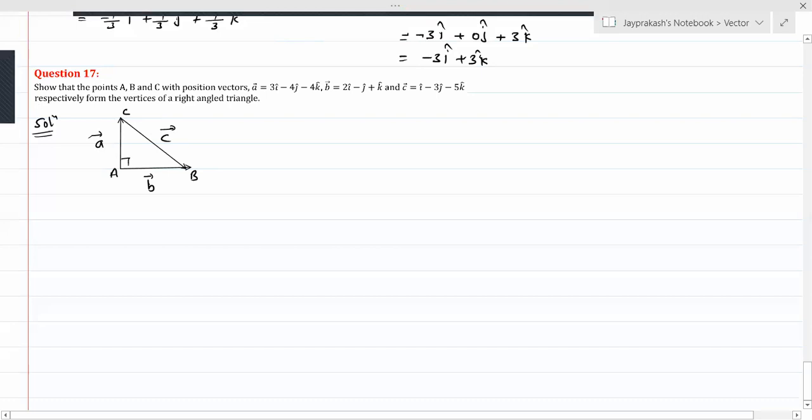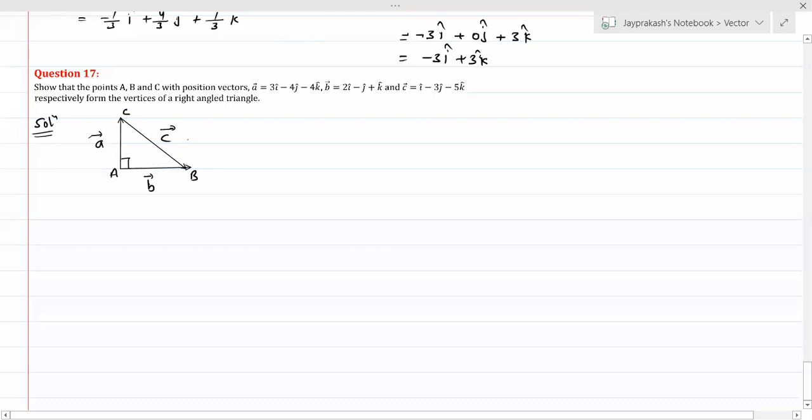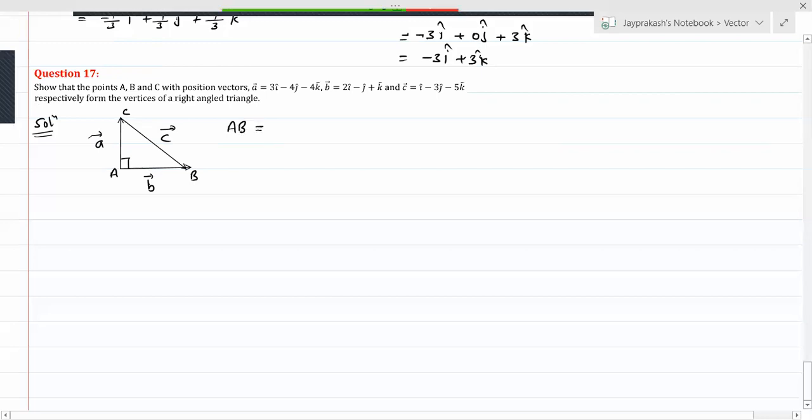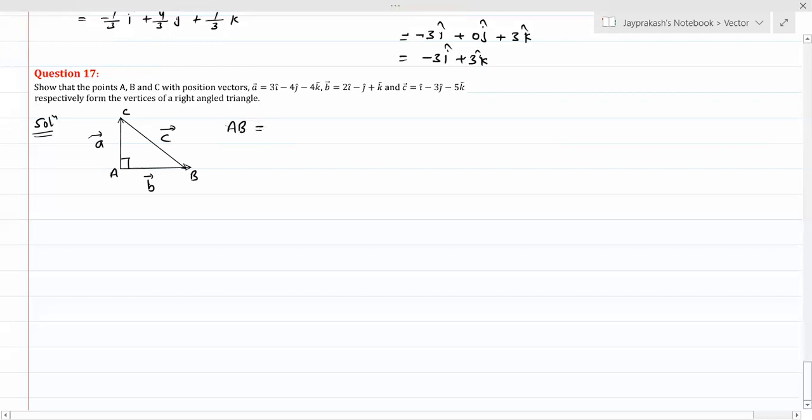And we need to prove one angle is a right angle. So what will we do first? We will find the vector in the form of AB. That means we need the magnitude of the vector. तो मुझे पहले तो AB चाहिए. So AB means what? Or simply you will say here, we need to prove that according to the figure, if C is the hypotenuse of the given triangle, then we need to prove here